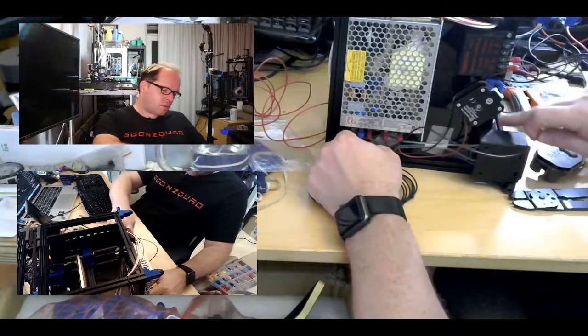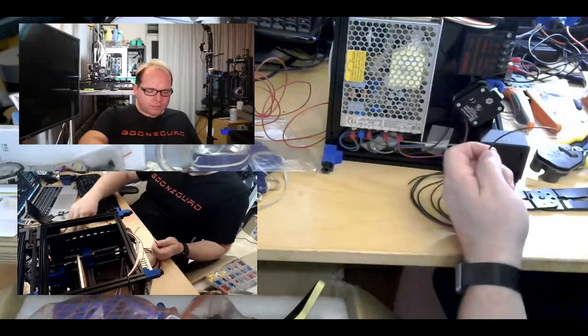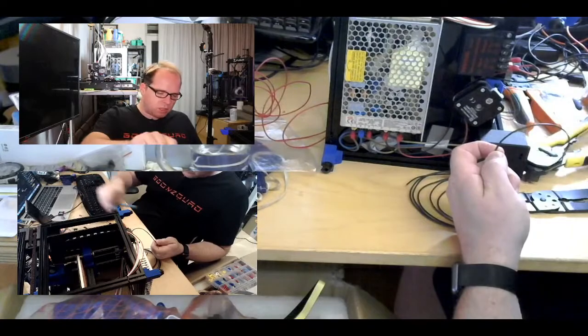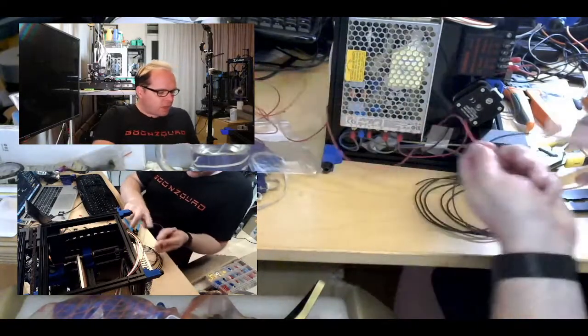So I think the wiring is going over here, this part. So I think that should be nice. And to get the same length for the other wire,